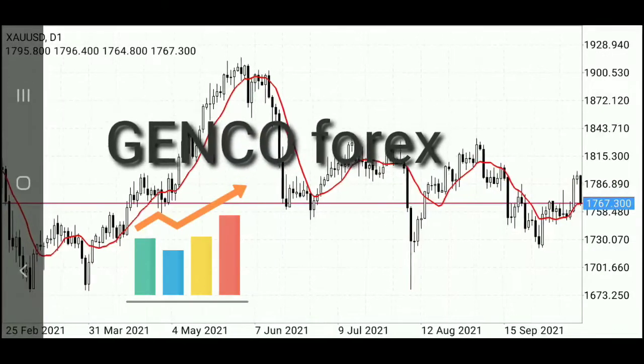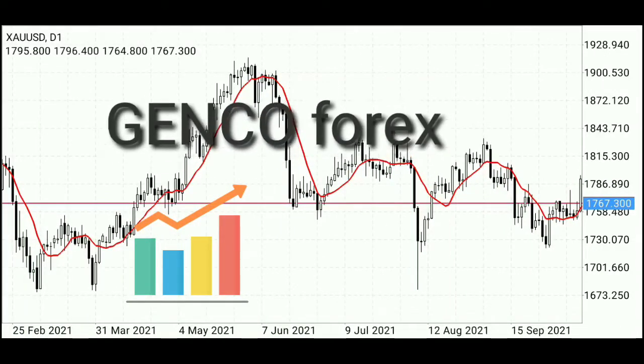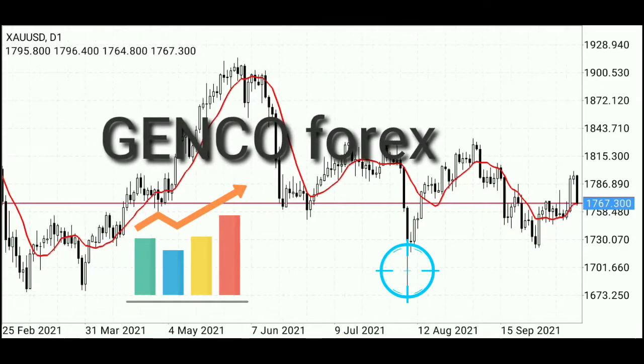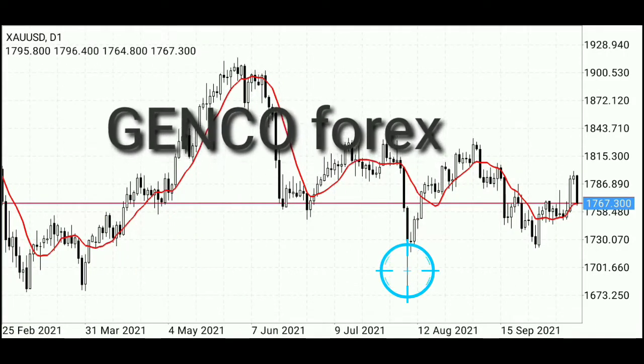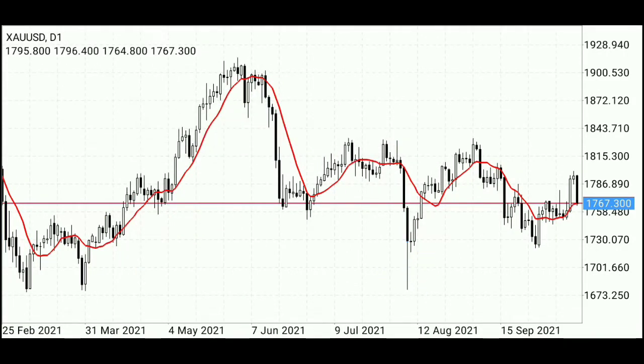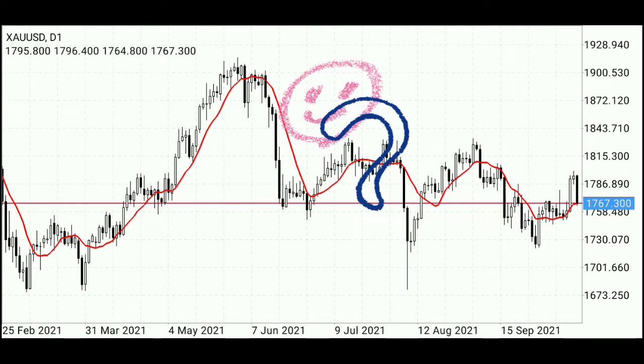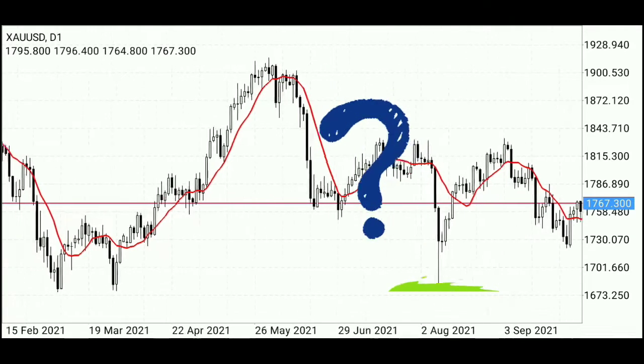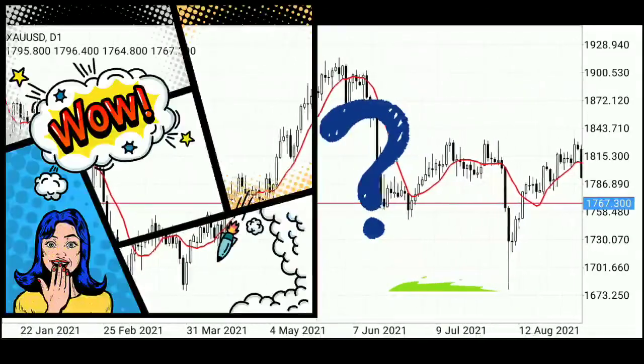Welcome to GENCO Forex. My main aim is to prove to you guys that the best strategies that work in Forex are the simple ones. Just follow me. Here's how to use the daily candlestick or the daily time frame as an indicator to trade